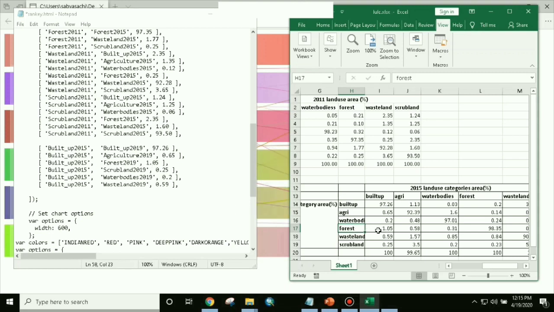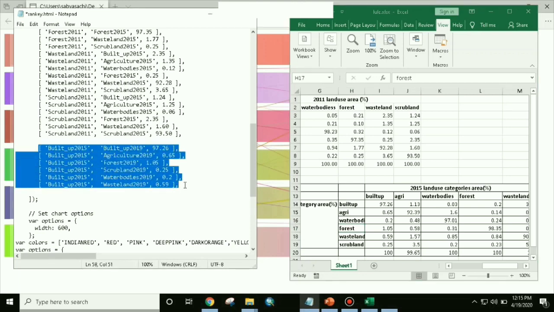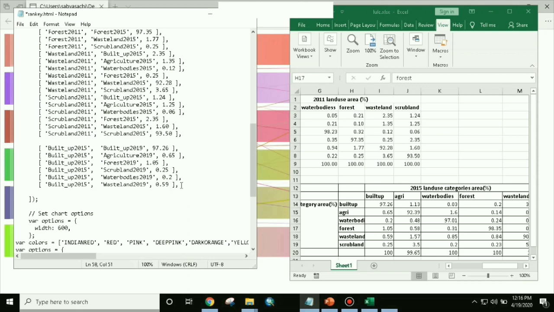Then built up to wasteland 0.59. So like that we have to type again like this. Okay, so what we will do, we will copy this again and paste it over here.